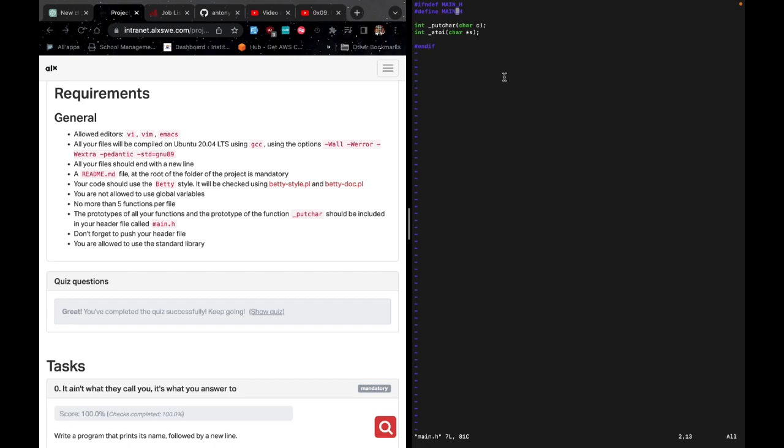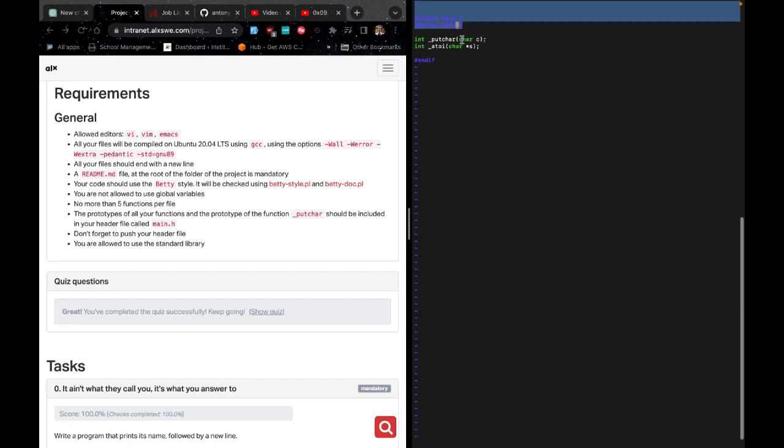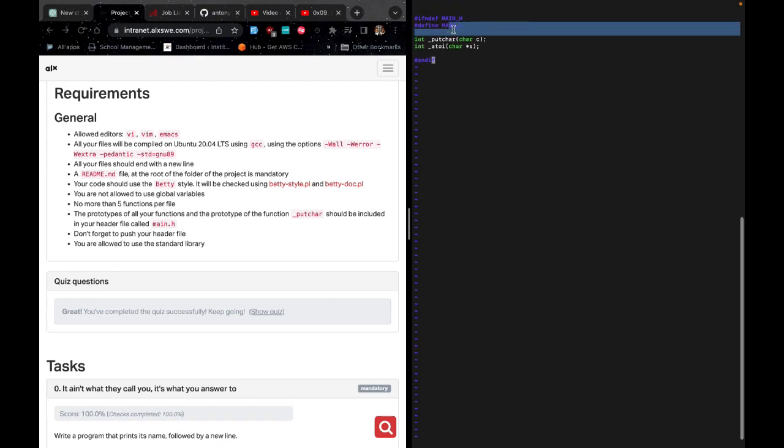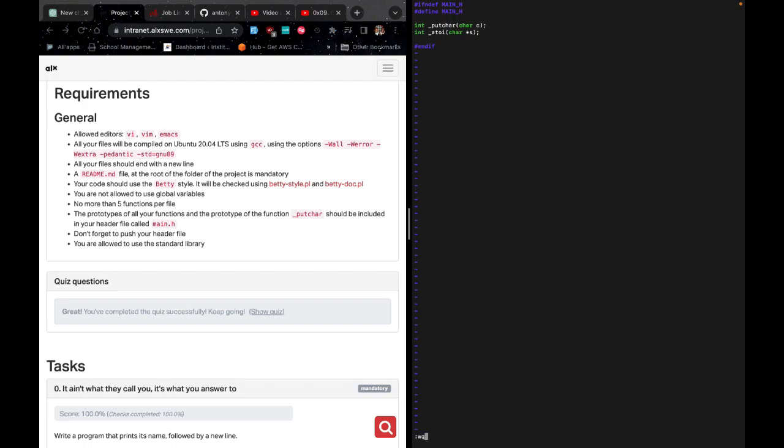So as you can see, you can now define your header file over here. You can see we have #ifndef MAIN_H, then #define MAIN_H, and int. So this is the prototype of the function _putchar. Then we have the prototype of the function _atoi. When you are done, just click escape, come back to the command mode, then :wq to go back to